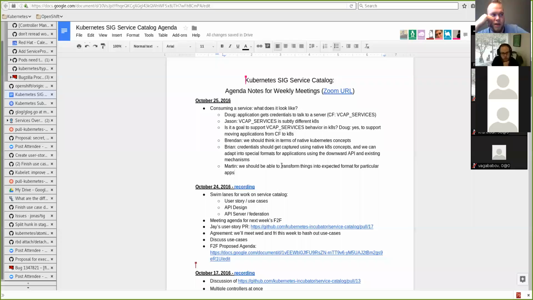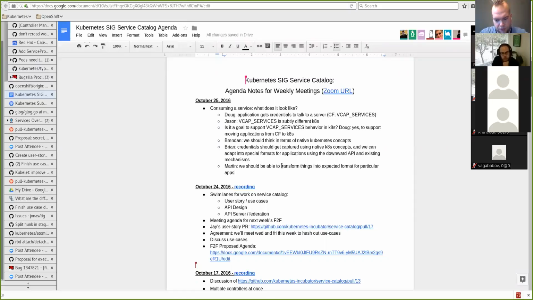There's also a variable substitution feature that allows you to compose environment variables from the values of other environment variables. I'm not sure that you could get all the way to what VCAP services is. I think you could probably get pretty close, but it might be a bit of doing with the current feature set. So I think the synthesis, though, that I'm hearing from the group is that we think that,